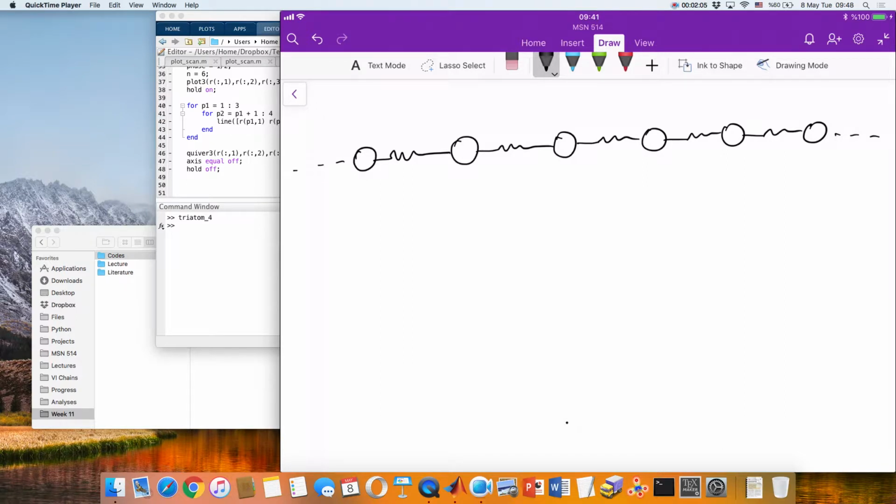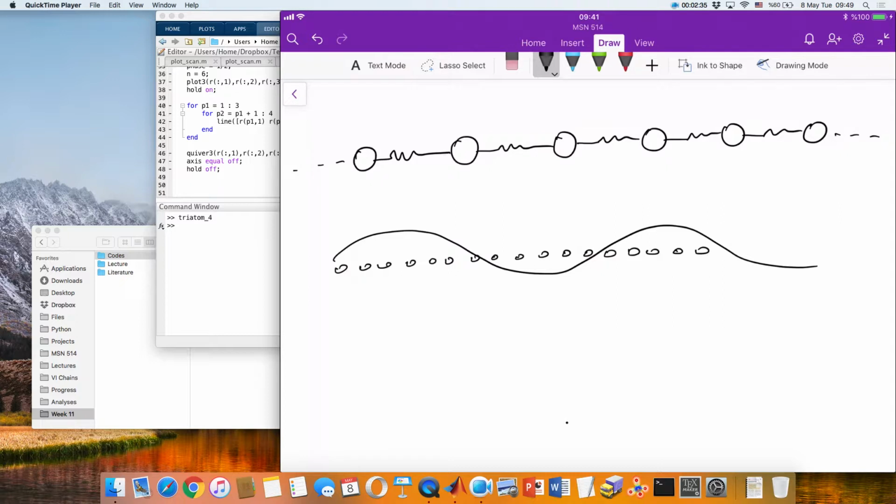So far we talked about vibrations, right? And there were these translations and vibrations. In an infinite chain, you will have waves, right? So here we reach the point of waves of particles, right? Let's say these are our particles and they can have waves, right? And waves can have different wavelengths.